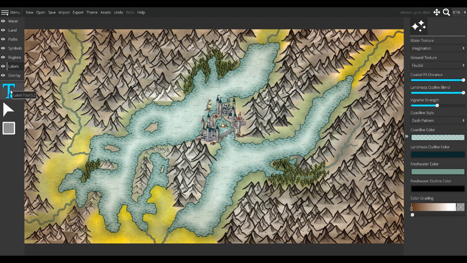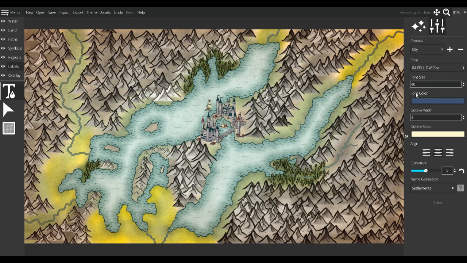Labels. I'm going to grab the label tool, and we're going to keep it as a city. There, Ostboro. We'll do Tarn Wanaka, Tarn Hawaii,